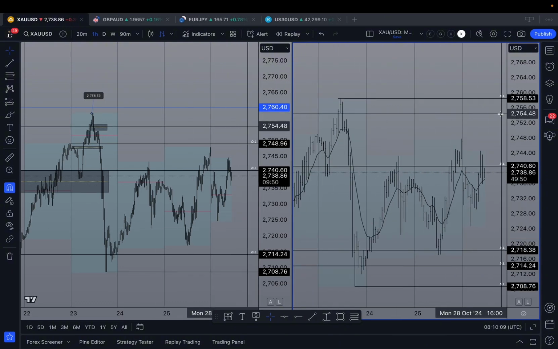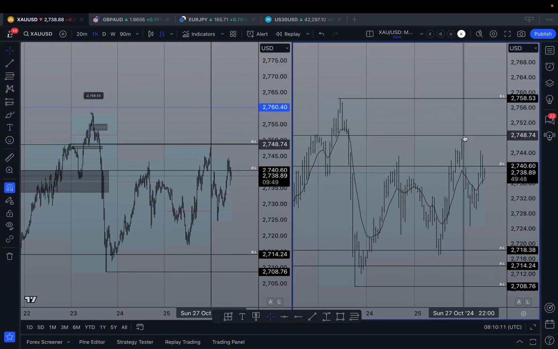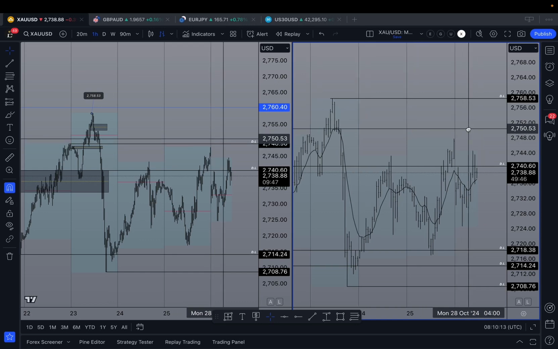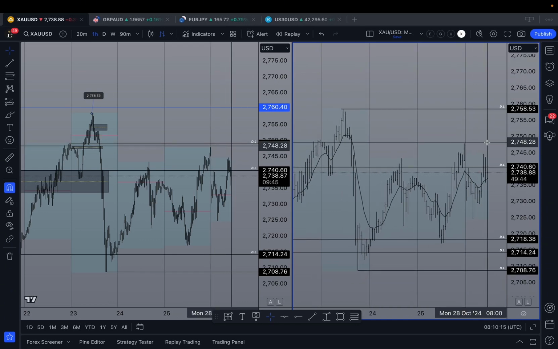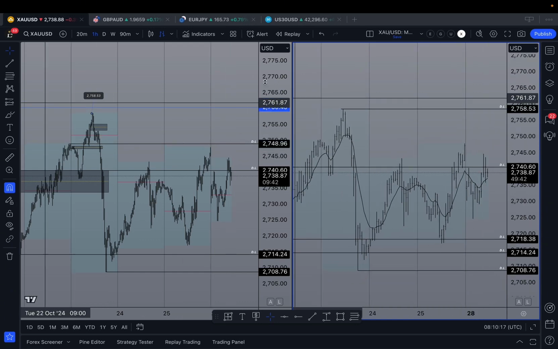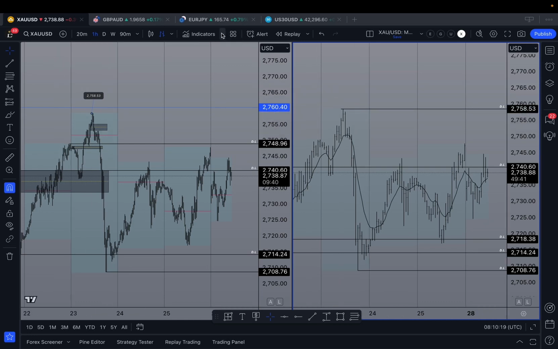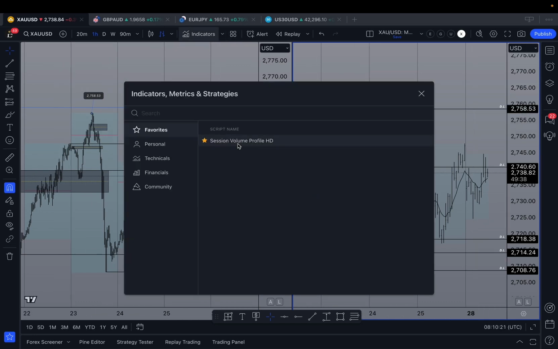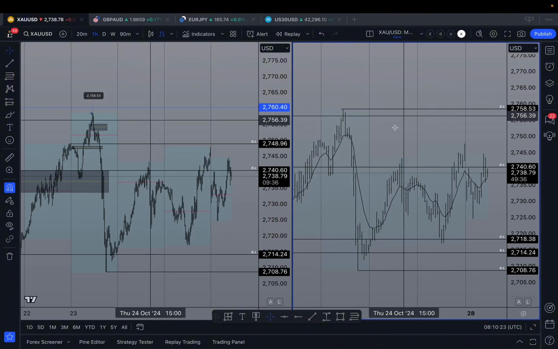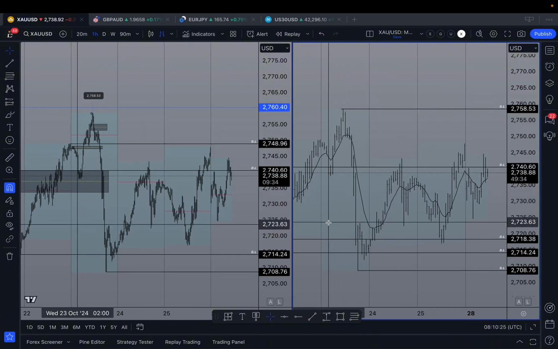These little boxes here, I've just put the daily zones on, the vertical zones, and at the same time, the abbreviation just showing you. So what this indicator is here, very, very simply put, I like this simple concept, session volume profile HD, and I've just removed the volume off there because I've got another platform I'm going to bring forth to you guys with the bid and ask ladder.